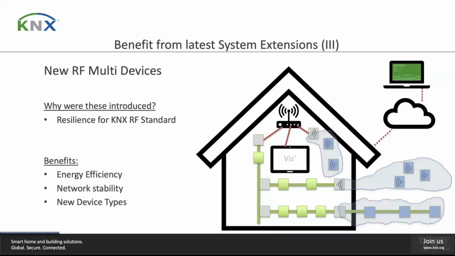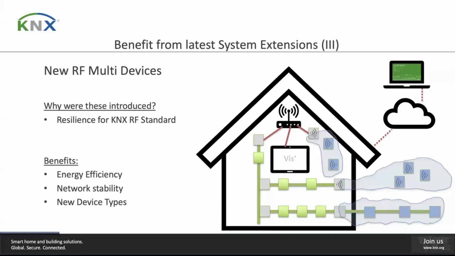So, for example, anything like a sensor or maybe something like a lighting actuator, and those can work on the fast side of the protocol, particularly if they've got 230 or some power going to them. So that gives us energy efficiency, it gives us network stability because we've got multiple channels, and it enables us to have new device types that communicate more efficiently and give us two-way communication that we didn't have with the